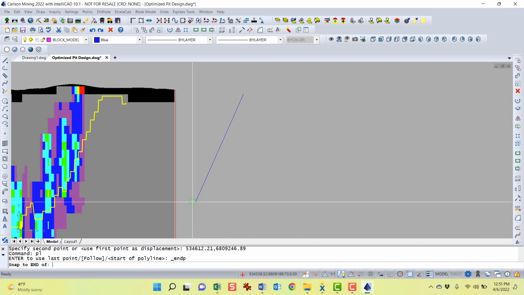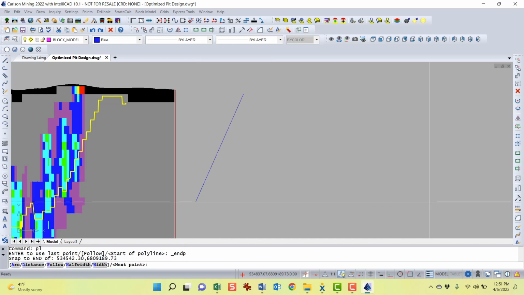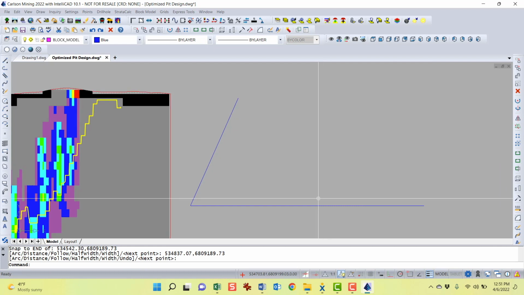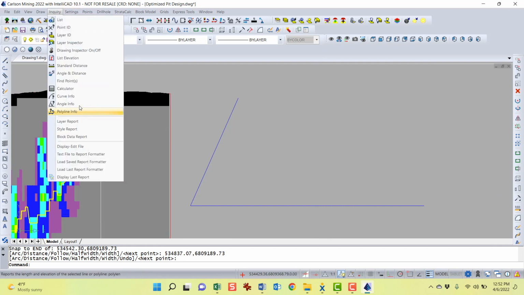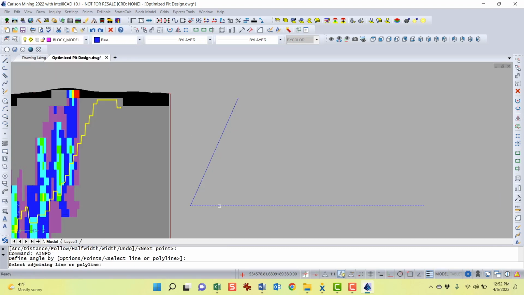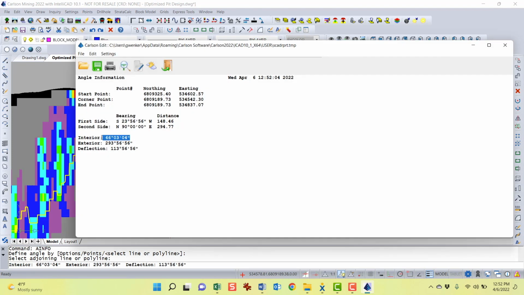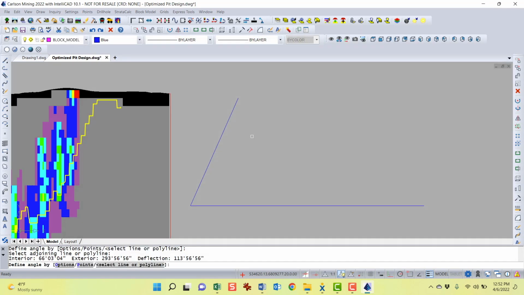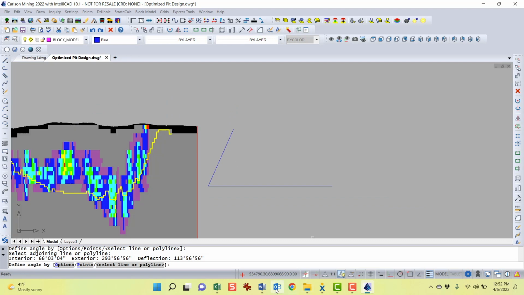Snap to the end point, bring it over. I'm not even going perfectly orthogonal, but it's close enough. And then one more measurement, inquiry, angle info. There we go, 66 degrees. So the calculation was done, if you recall, from